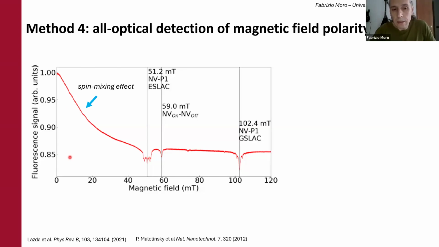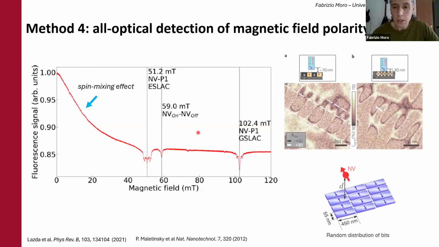So it's important to note that this effect, the spin mixing effect, can be observed only when the magnetic field has an off-axis component with respect to the NV center. So it can eventually be transversal to the NV center direction. And the important thing to note is that although the ODMR signal is completely quenched and therefore becomes useless to detect any signal, the fluorescence signal is only quenched by about 15% for magnetic fields up to 35 or 40 millitesla. And this gives the possibility to measure,